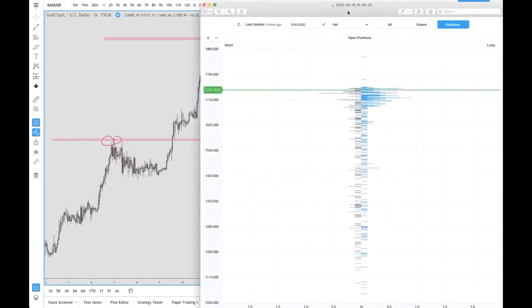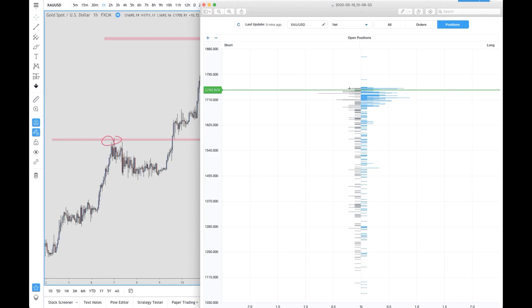This is the order flow, right? This is the order positions on a broker, and you can see up here, these are open positions, and you've got short and you've got long, and this is where the current price of gold is as of the 16th. I think I'm recording this on the 16th of May. Right. So gold is currently at